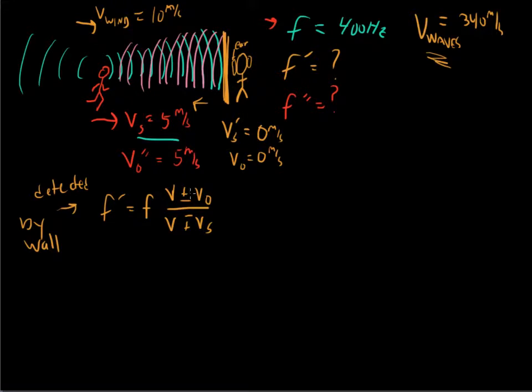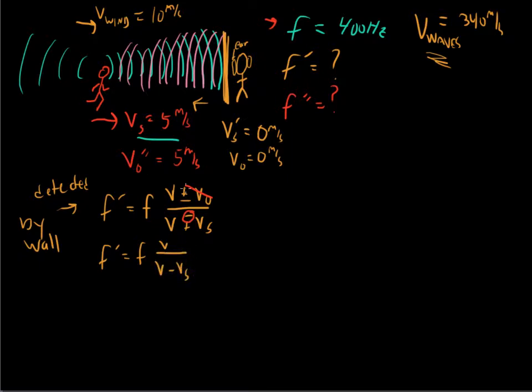And we can just get rid of the observer term completely because the observer is not moving. It's the wall, it's just staying still. So then we just have to contend with this one, and I'm going to use the minus sign because the source is moving towards the observer. So we're getting the wave scrunched up. And so we'll wind up with F prime equals F, V over V minus V source